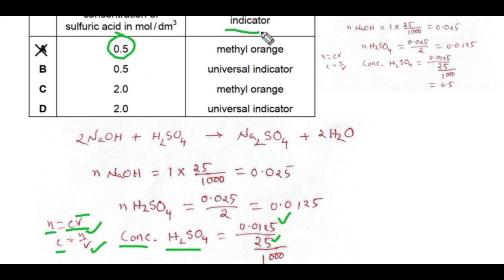And as indicator you can use any acid-base indicator, methyl orange or phenolphthalein. But here B is also a right answer. This part, universal indicator, no, universal indicator shows different colors at different pH, and this is wrong, this is wrong. So A is the right answer. Next,